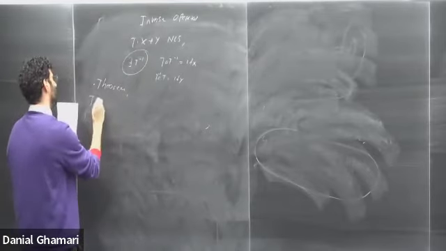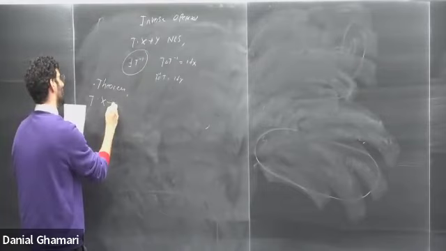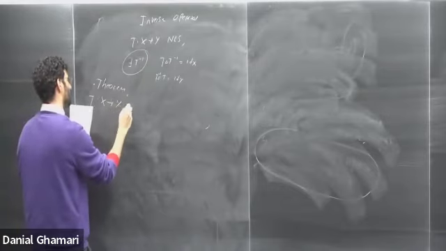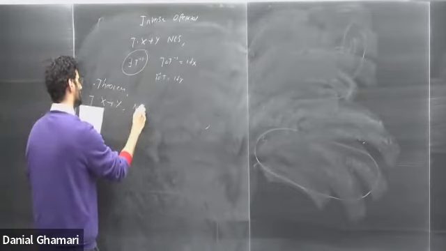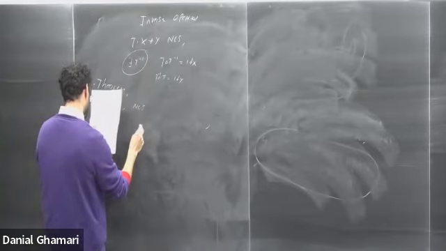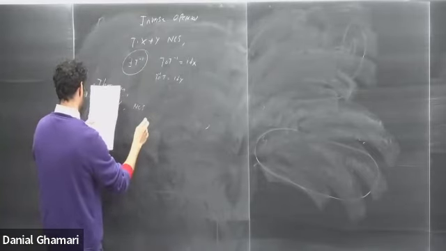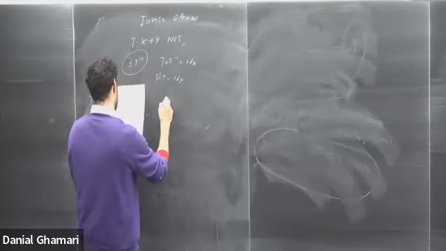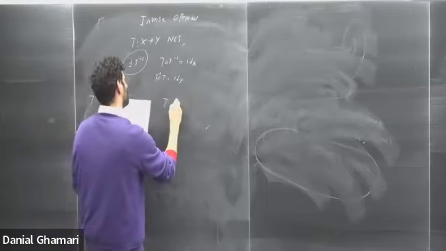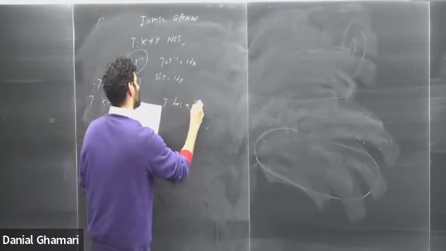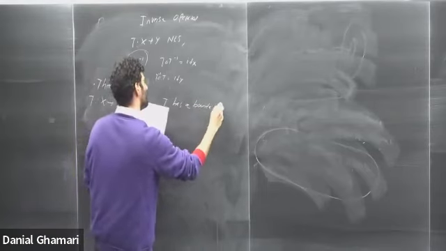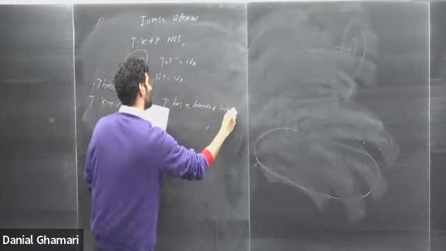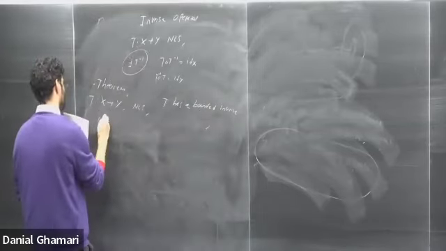If I have T, which is a bounded linear operator from X to Y, where X and Y are both normed linear spaces, then T has a bounded inverse if and only if